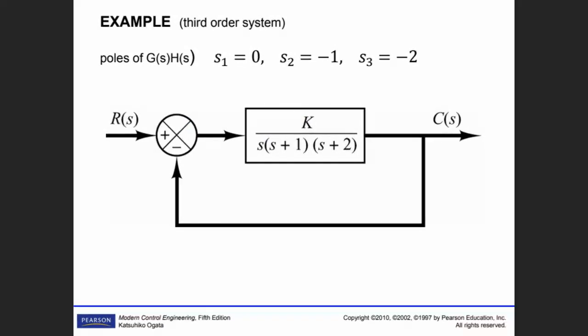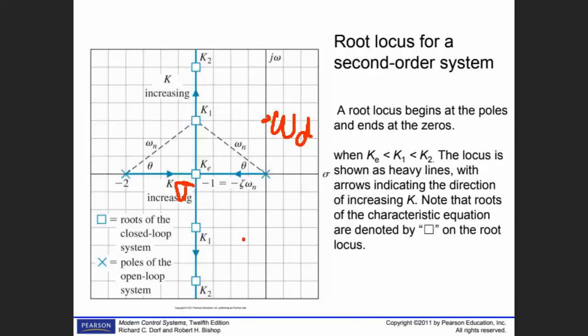Poles are located at S0, S-1, S-2. For this example, we have two poles. One of them is located at -2, and the other one is located at 0. And at -1, these two curves are separated. So if you draw the curves like this,